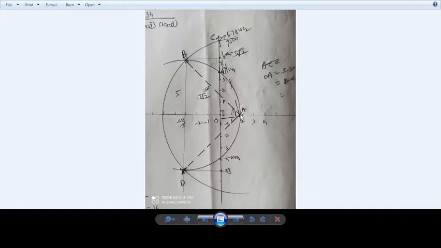Take A as a center, AB or AD as a radius, and draw the circle. Wherever it cuts the j omega axis, that will be the half power point, or the second cutoff frequency, which is omega C2. Here you can see around 6.78 radian per second is my omega C2. This way you can construct the peaking circle or half power point circle, and you can find out what is the omega C2 as well as omega m.